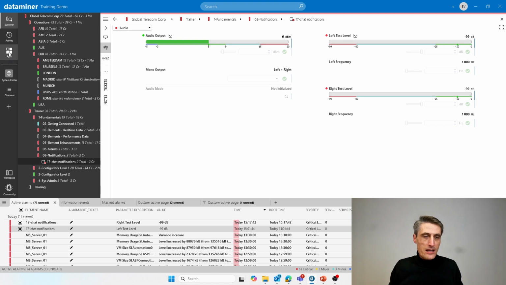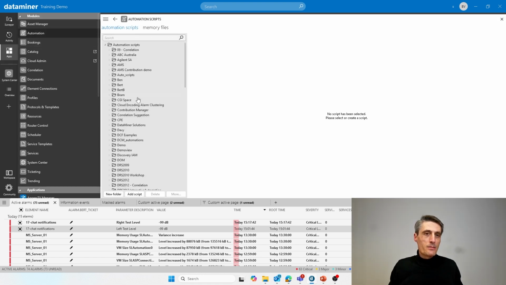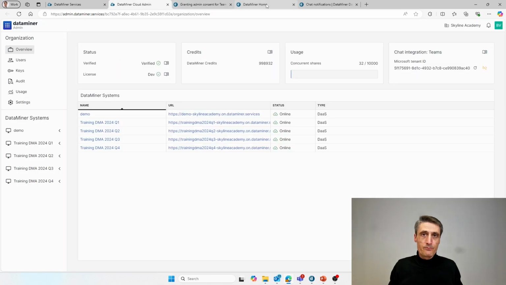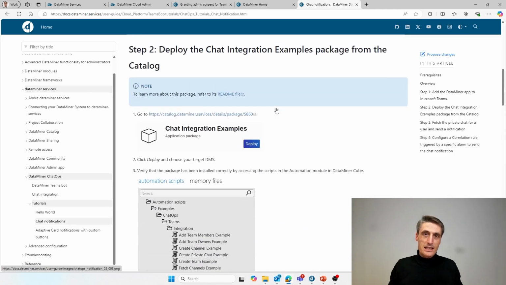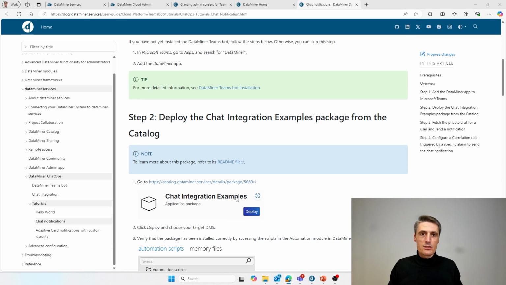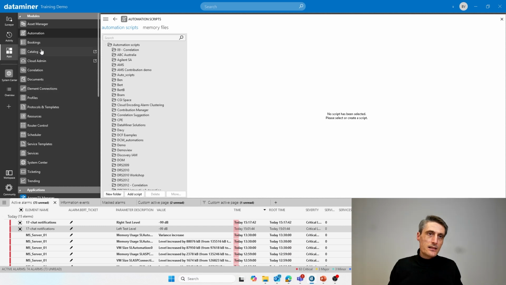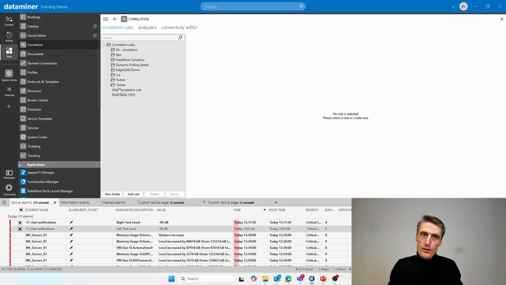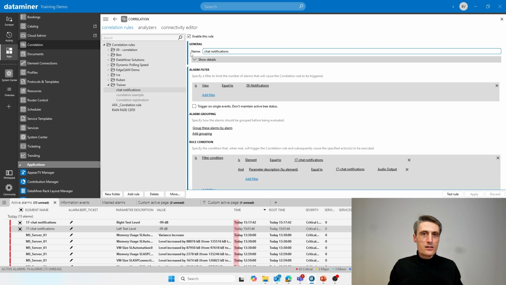And I've already configured this because I do have some examples that were installed in the automation scripts that will send the command. That is basically the package that has been deployed here, the chat integration examples. And let's go back to my DataMiner Cube. And then in the correlation engine, I have one rule. We're going to come back to correlation later on in the configurator part. But here I just have the chat notifications example that if I enable that one, it will take a critical